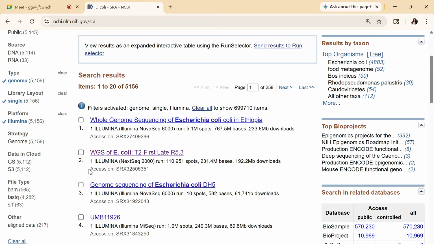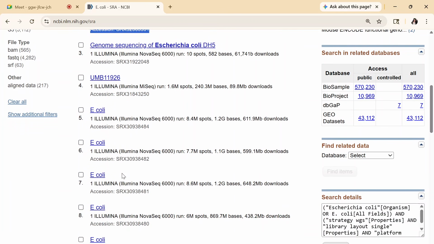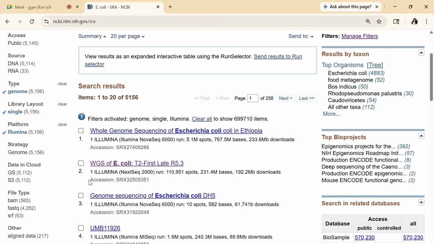Now one more thing to look at here is the accession number. Now what is this accession number? Every data set in NCBI contains an accession number. Here we can see the accession number is written, here accession number, here accession number. All the data sets that are uploaded on NCBI contain an accession number. So what is this accession number? It is actually a unique ID. Every data set has this unique ID, which we call the accession number.